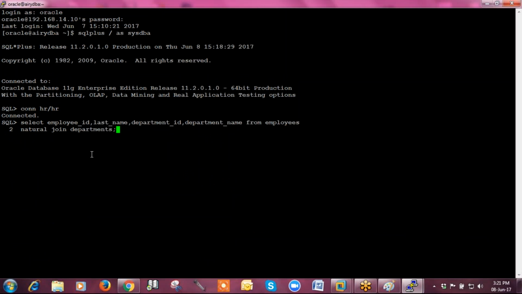If department IDs are matching in both the tables, the corresponding records will be displayed on your terminal. Then the corresponding employee ID and last name from the employees table, and the department name from the departments table will be displayed on your terminal.